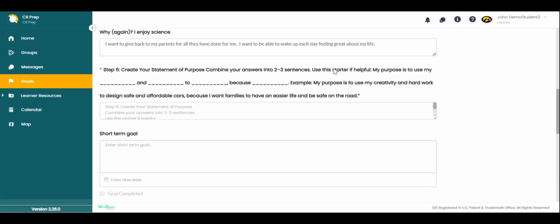So as an example, you might use this sentence structure. If it's easier for you, you can say, my purpose is to use my blank and blank to do blank because of blank. So for example, my purpose is to use my brains and my heart to become a doctor because I want to make people's lives as great as possible, right? So that would be a way you could follow this, but whatever you want to put. So just go ahead and put in